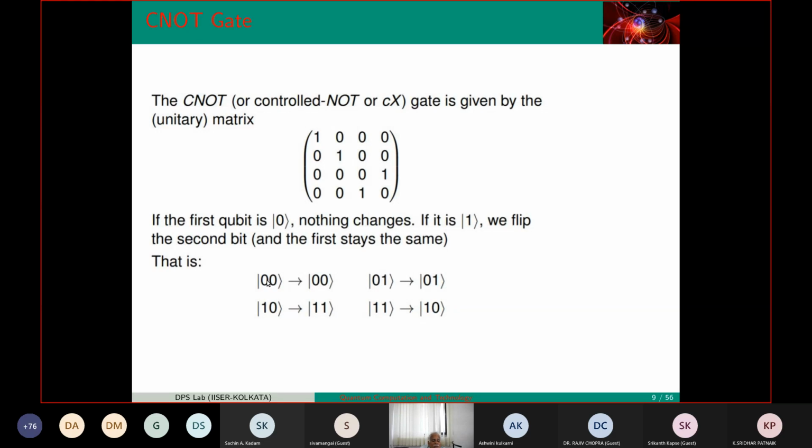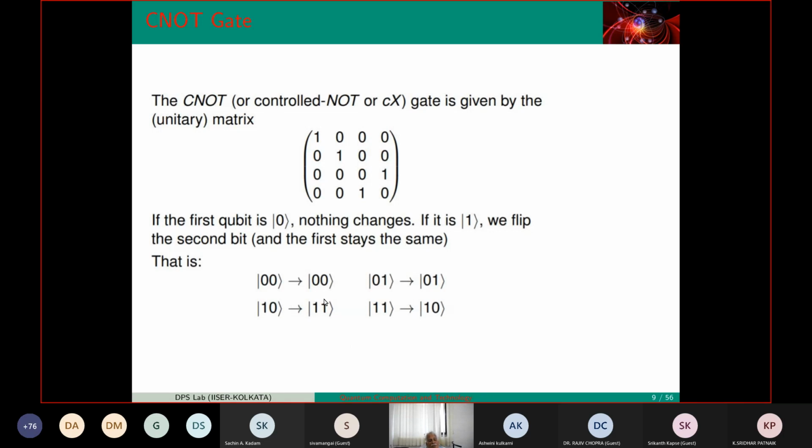Now what's the advantage here? It describes 2 particles. Where do you come across 2 particles? You go to helium. In helium there are 2 electrons. This is the state that describes that. If the 2 electrons are in the magnetic field, they will point along the direction of the magnetic field, and that is deciding the state. If they are pointing down, then this is 1, 1. If the first is up and the second is down, this is this state. Now, if the first is down and the second is up, then this is the state. So this describes a 2-particle system.